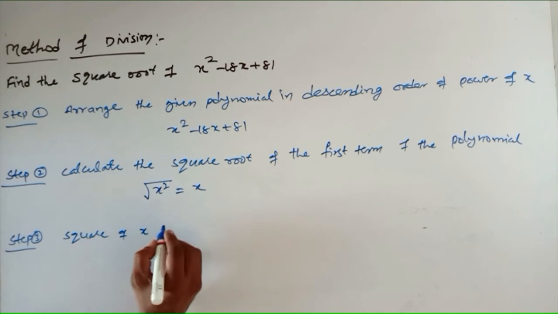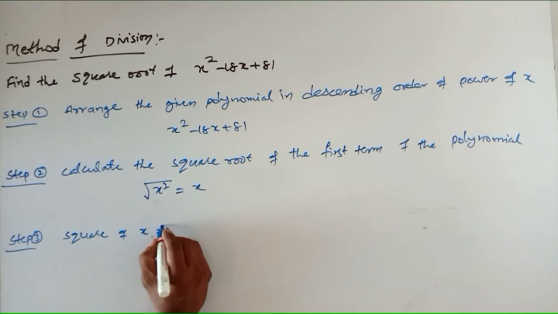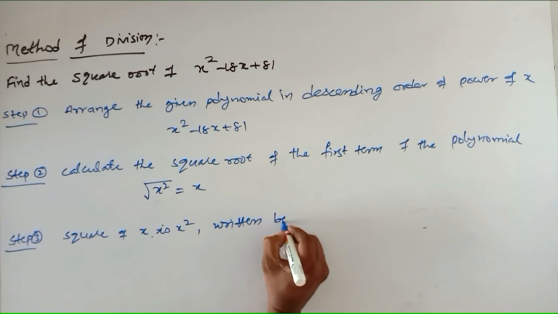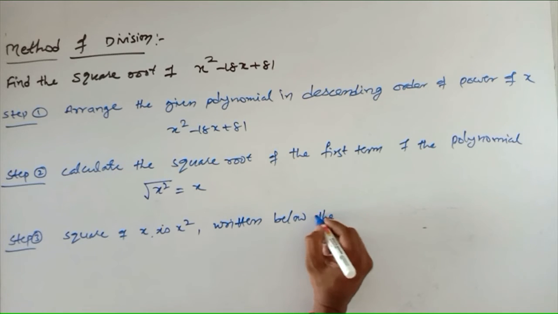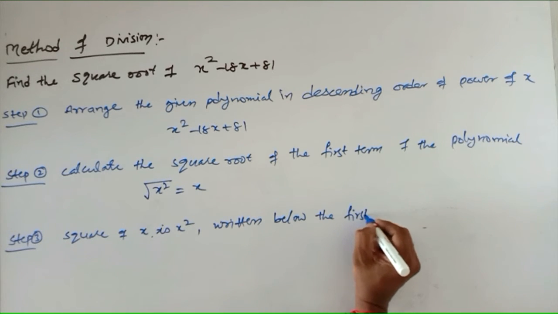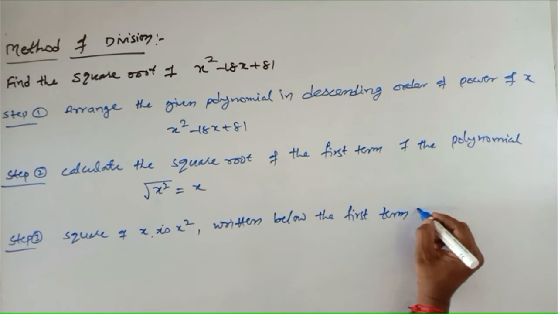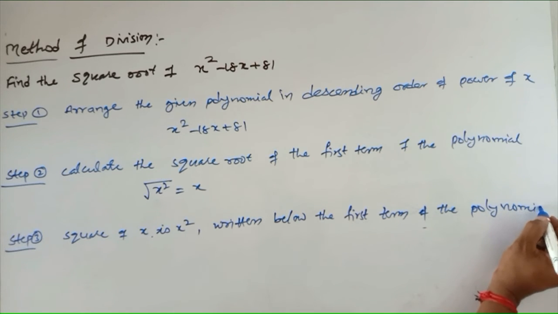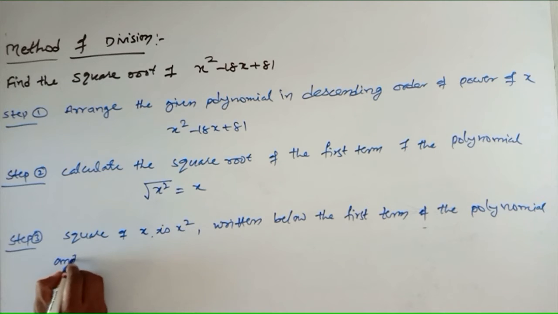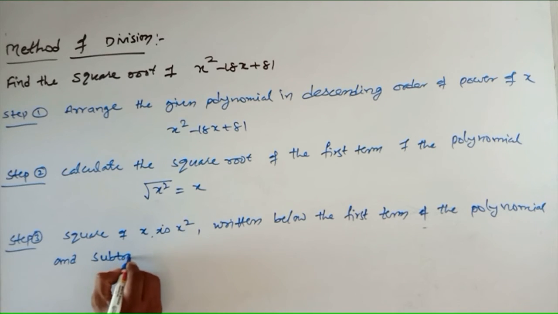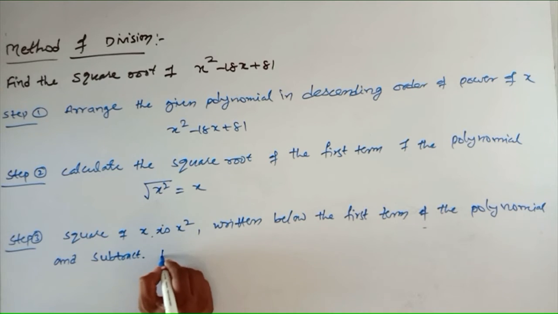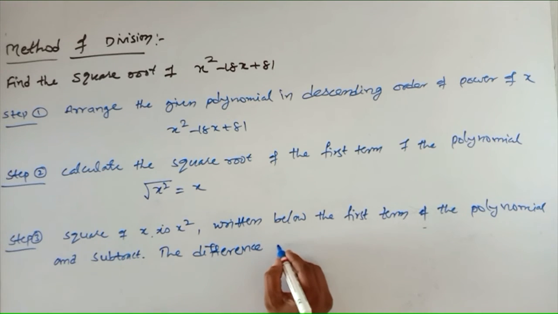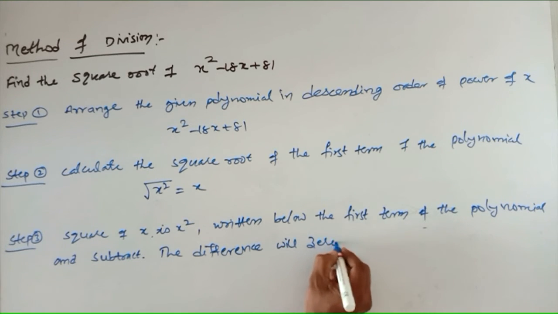square of x is x square, written below the first term of the expression or of the polynomial, and subtract. The difference will be 0. So see here,